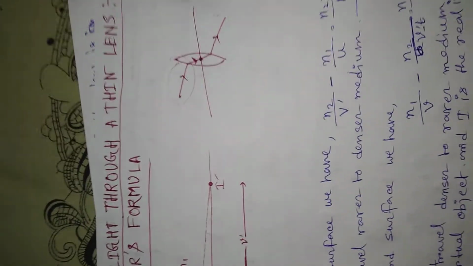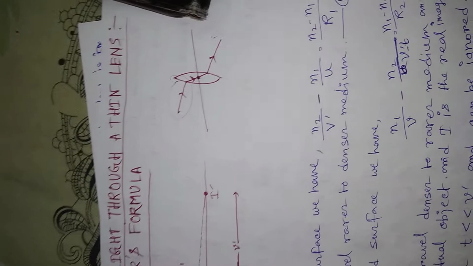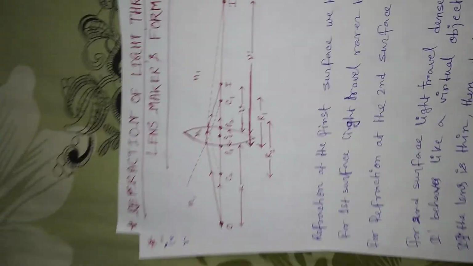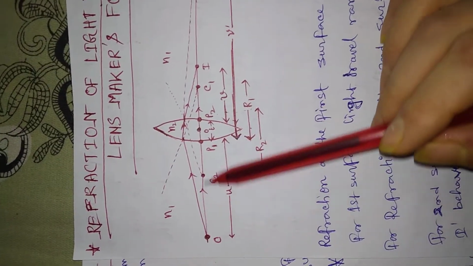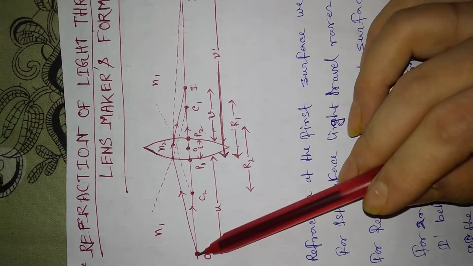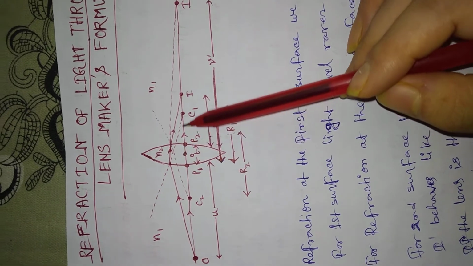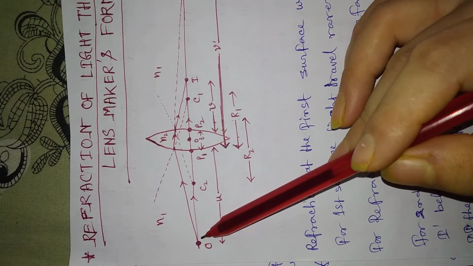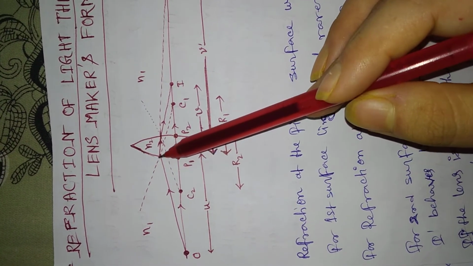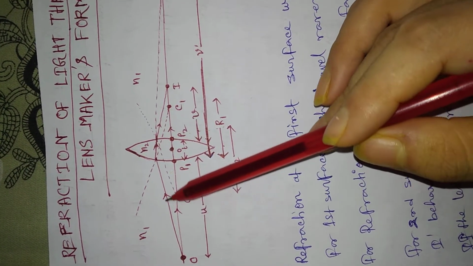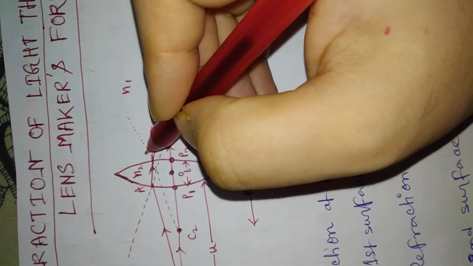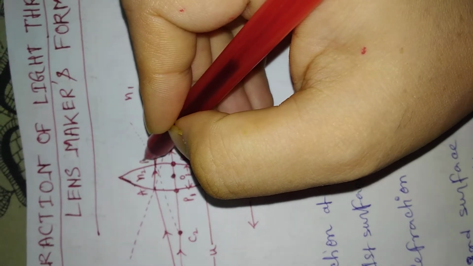That means if any ray passes through the optical center, then in that situation the incident ray should be parallel to the emergent ray. So just look at here, this ray passes through the optical center, so the incident ray is parallel to the emergent ray. This is the emergent ray. Now what about this other ray? This ray is not passing through the O center. Just look at here, this ray is incident at this point. Suppose this is point A and this is point B.